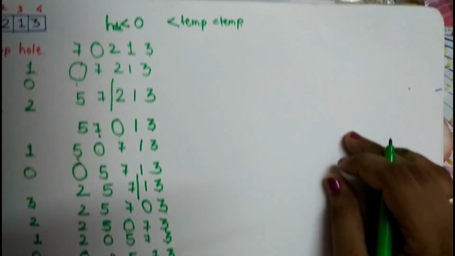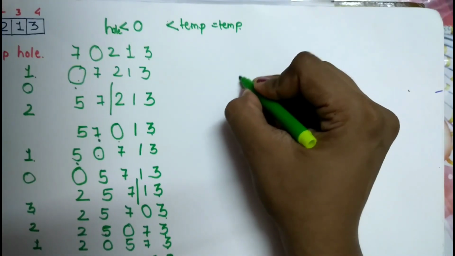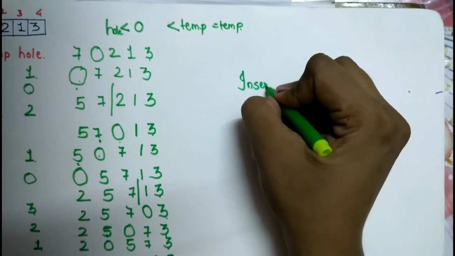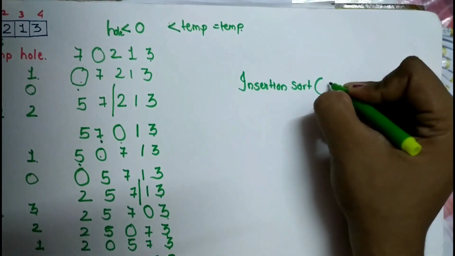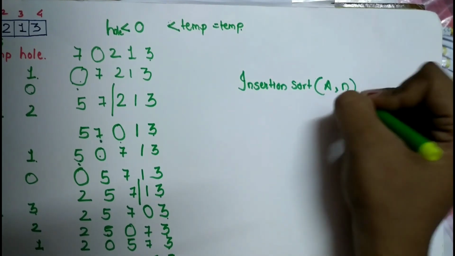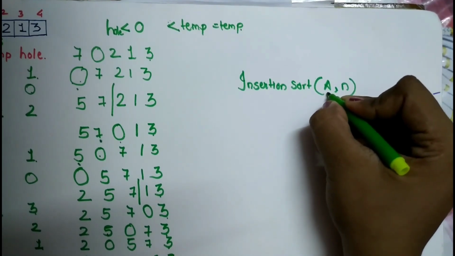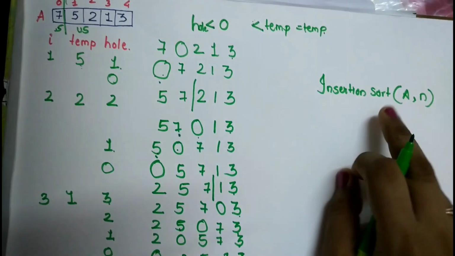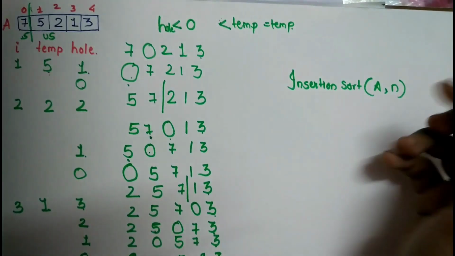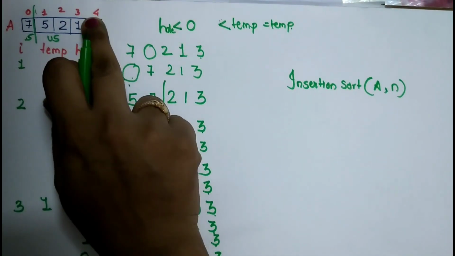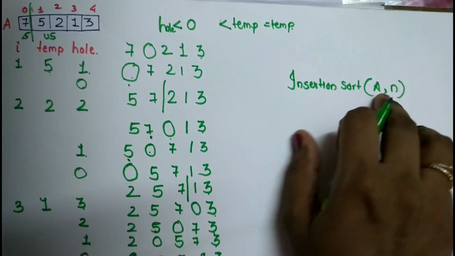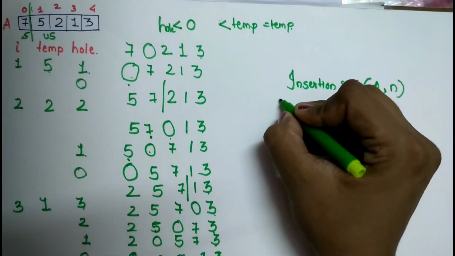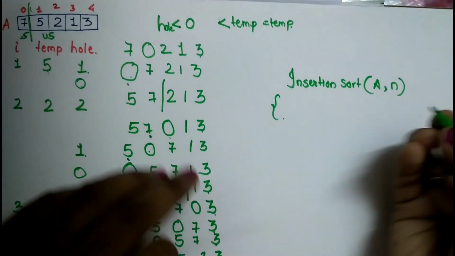Now let's create a dry run code for insertion sort, which will include two variables, a and n, where a is the array which I am using here, and n is the length of the array. Here we have used 5, like the elements are 1, 2, 3, 4, 5, so 5 will be n. Okay, so now what will I do?